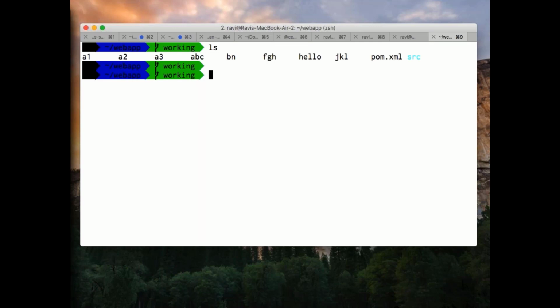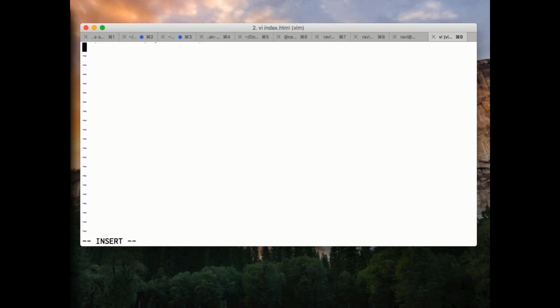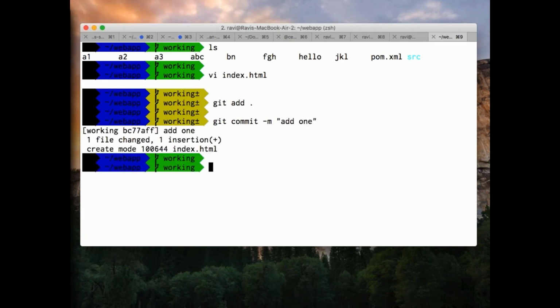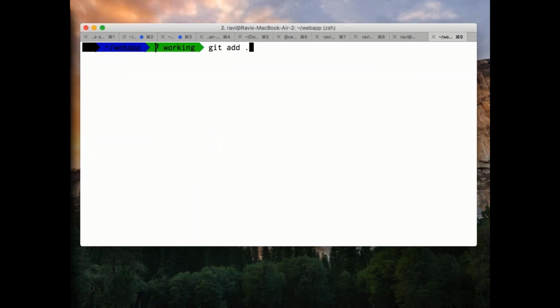Okay, I got some other things. What I'll do is vi index.html, and let's say I'm adding 1. And I'll say git add . and git commit -m, and I'll say add 1. All right. So for this particular, now if you say git